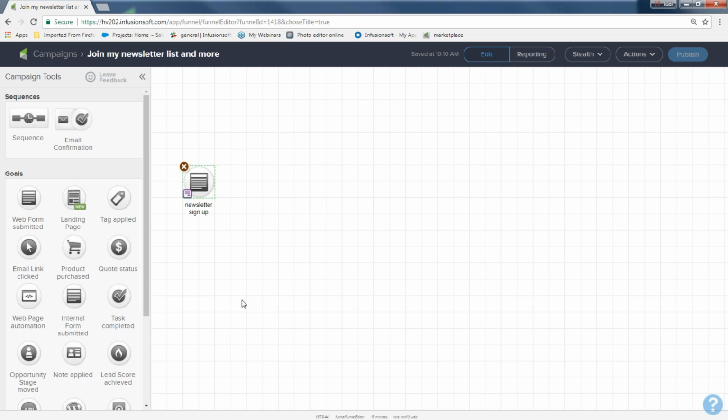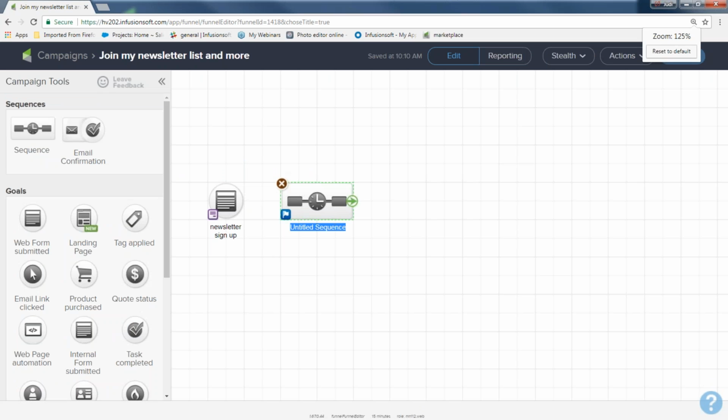Have my goal. The next ingredient is a sequence. So I'm going to come up to my sequences, grab my sequence, and drag it out into my canvas. Make it a little bigger, just like that. Up, the bottom turned blue. What does that mean? It means to rename it so it's not called untitled sequence. So I'm going to rename this to Welcome